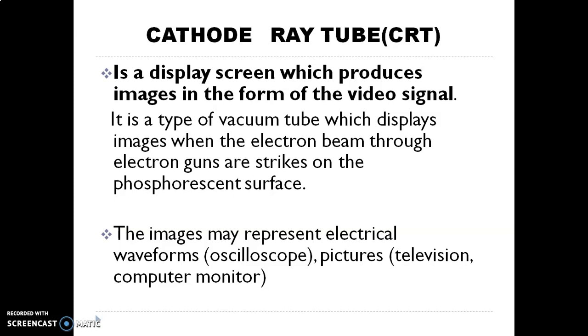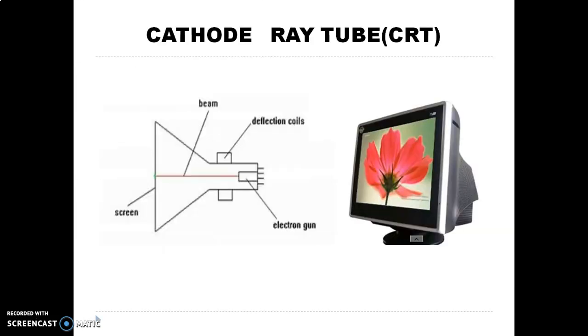Once these rays hit the cathode ray tube, the tube tends to emit the image, the picture, as you can see in a television or computer monitor. But sometimes it cannot show a picture, it can show certain waves. Let's look here. This one is the internal part of the cathode ray tube, and this one is what happens when the cathode rays hit this fluorescent screen. So electrons from the cathode are accelerated and directed by the deflection coil, and they tend to hit the screen. Once they hit this screen, they tend to emit the image.